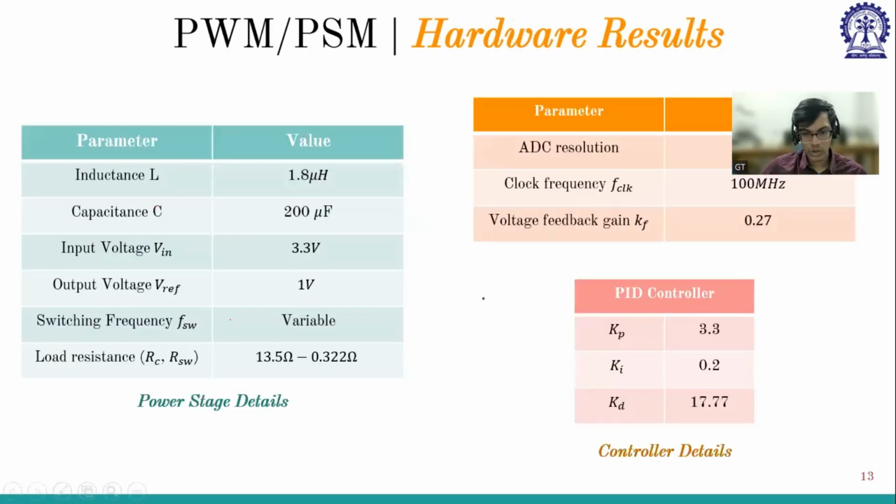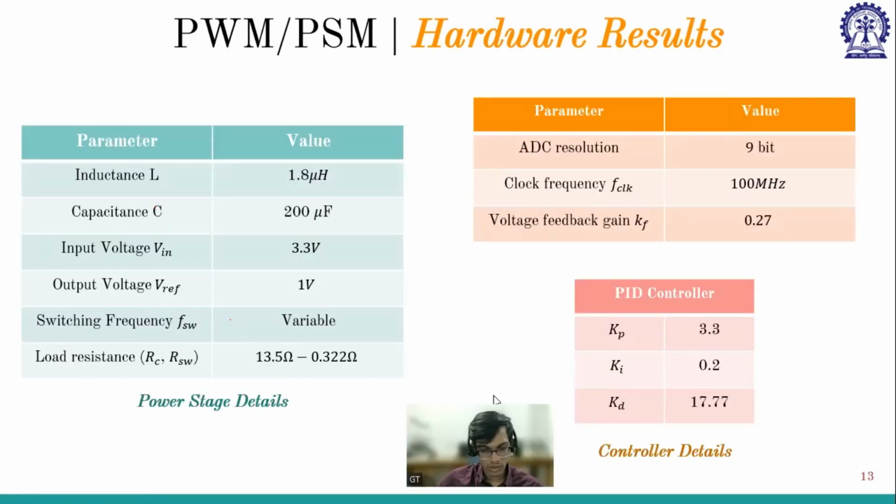Now let us go into the hardware results. The switching frequency is not variable, sorry. Again, it is a fixed frequency operation. So it is 1.8 microhenry. These values are same. Input is 3.3 to 1 volt and 200 kilohertz, and the load step transient, and ADC